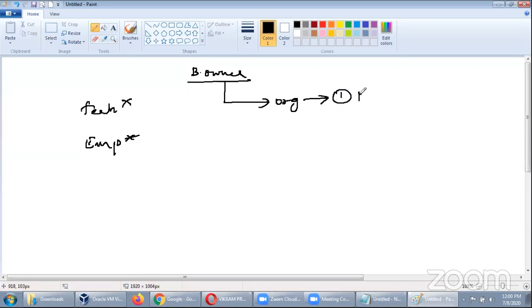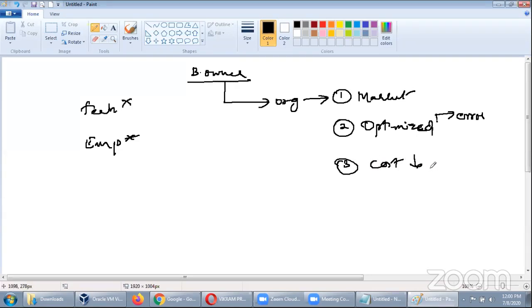He wants to go into the market, correct? And when he's operating, he wants to be optimized. Optimized means doing the best, whatever is possible, removing all errors. That means whatever flaws they identify, they want to remove. They want to do it better. And the third thing is cost cutting.